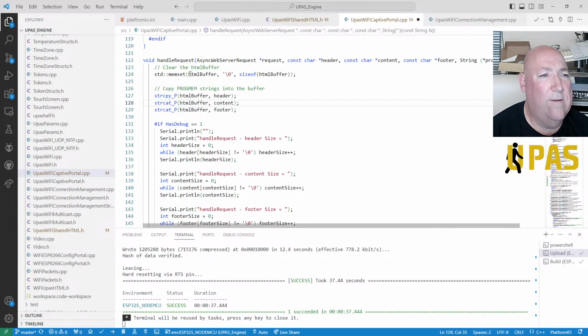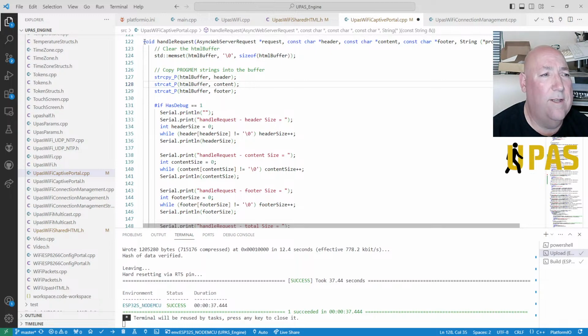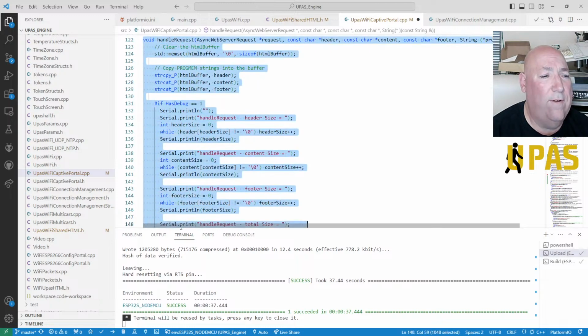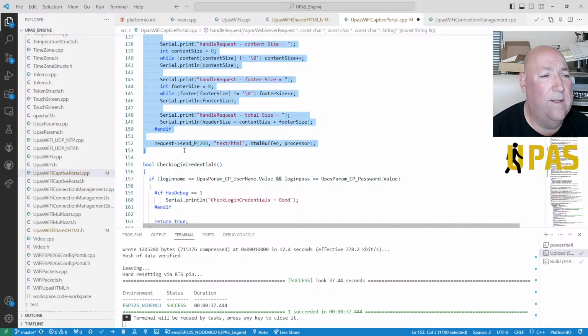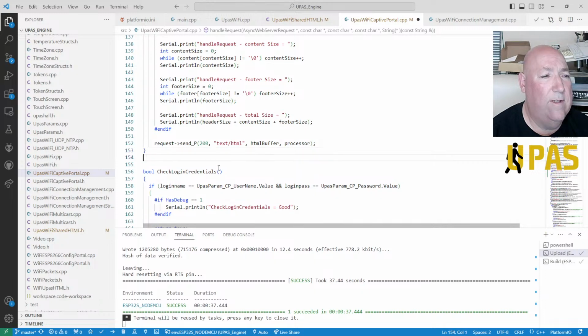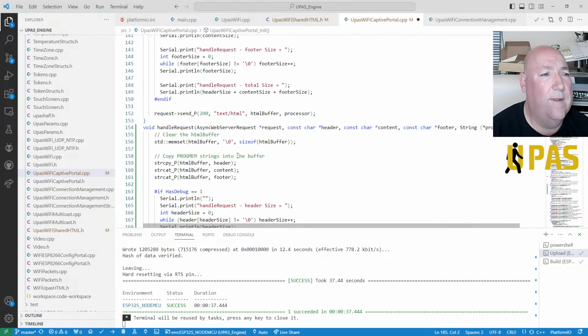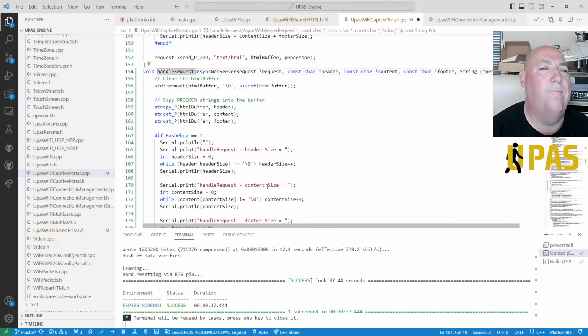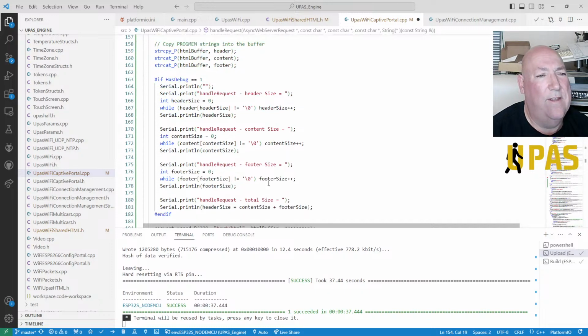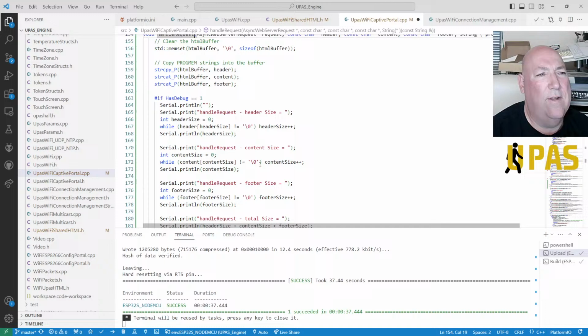Let's tell you what. Let's just make a new one already. Let's just make one now on the fly here. Copy that, and we'll have to call it something a little bit different. So handle request dynamic, should we call it dynamic? Yeah, because none of this is dynamic at the minute, is it?